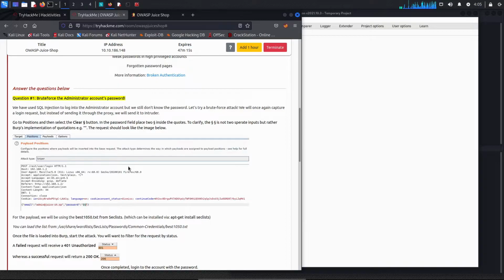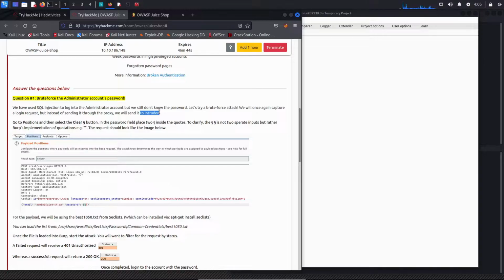For task 4, we want to brute force the admin account, so we are able to log in to the admin account without knowing the password. Right now we want to guess the password, and we're going to use Burp for this. We have to intercept the request again, and we'll be using another module of Burp, Intruder.